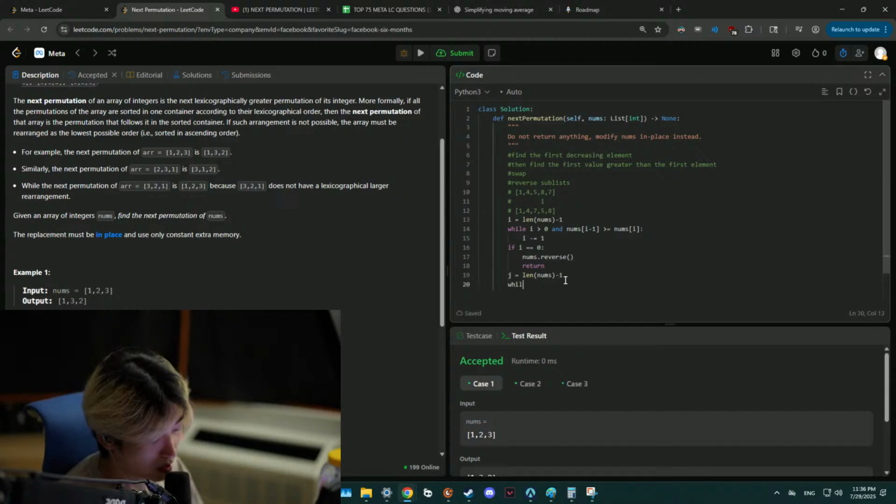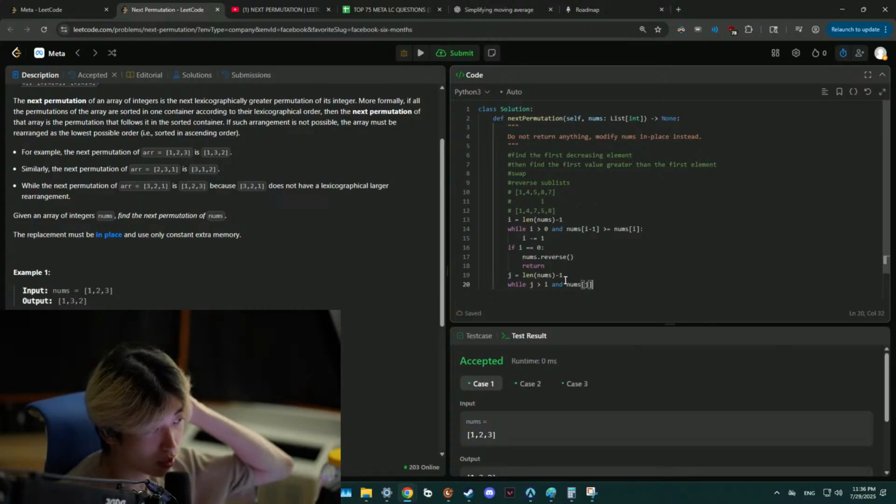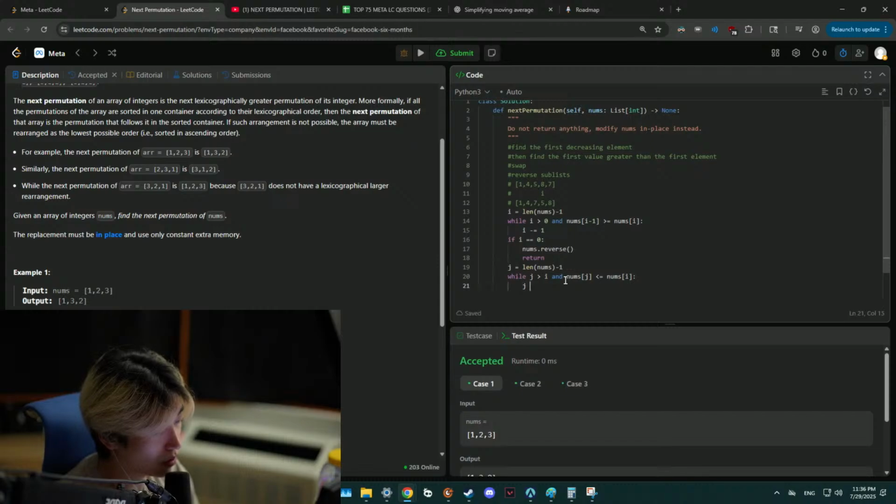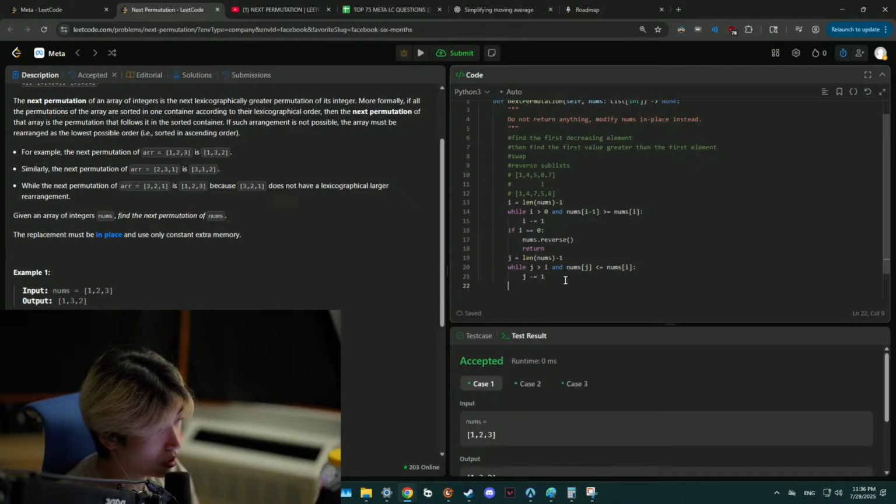So in this case, while J is greater than I, the condition is that nums of J has to be greater than, but if it's less than or equal to nums of I, then we gotta keep going, right? So J minus equals 1, and once we're at this point, we gotta swap the 5 and the